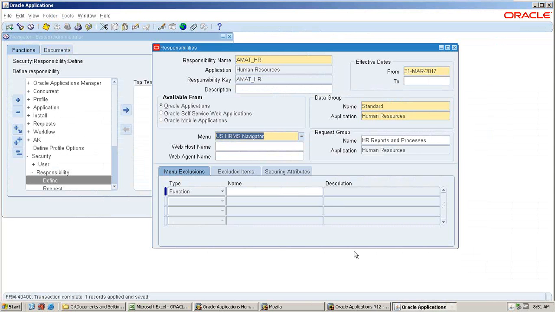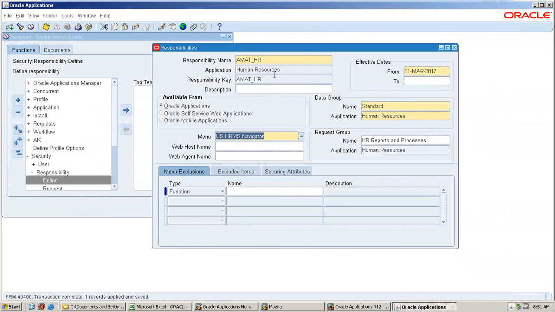I have a question. In real time, usually in any company when they are implementing, they will define their responsibilities how they want. Here, we are also taking our own responsibility. But here I am giving you the shortcut method. In real time, we need to have the menu, request group, and application separately, and then we can copy and paste it, because we are creating an HR responsibility. Then the application is